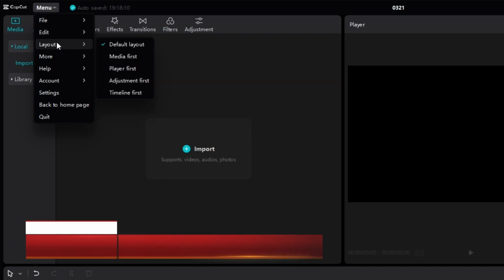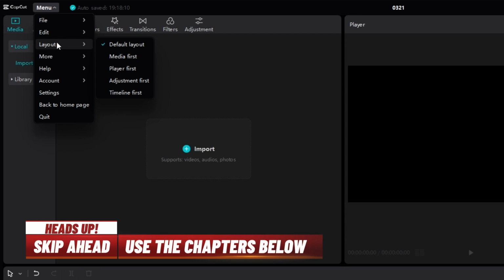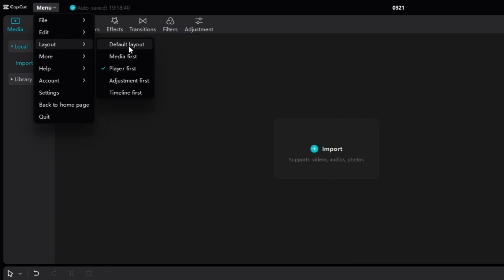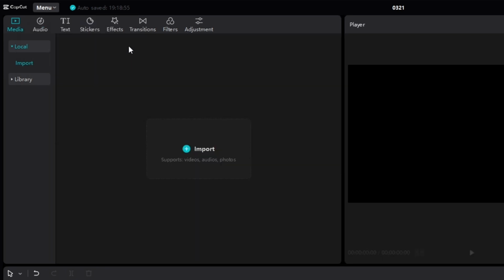So if you're somebody who has 2 monitors, I would highly recommend looking into the different layouts that you can have depending on what part of your project you are editing. So what I'm in right now is what's called the default layout. You can also do a media first layout, a player first layout, an adjustment first, or a timeline first. Depending on what kind of style you like to edit with, and if you have 2 monitors, you can play around with the different layout looks, which can be kind of cool, especially if you're trying to compartmentalize your editing